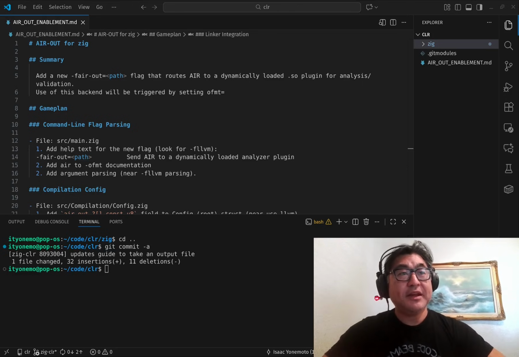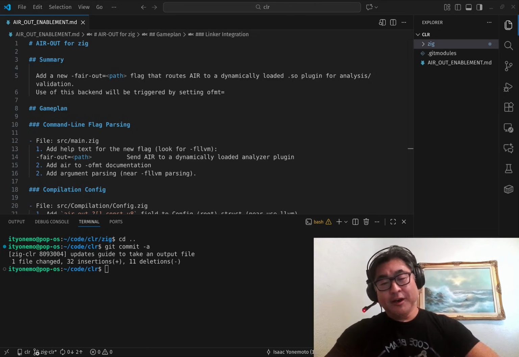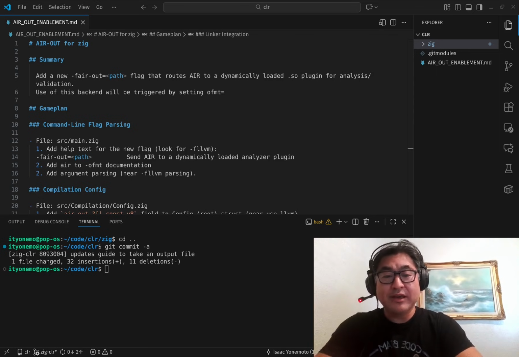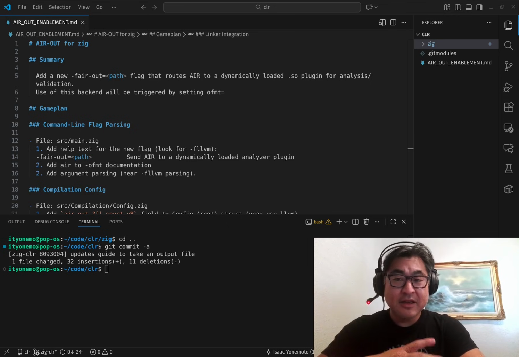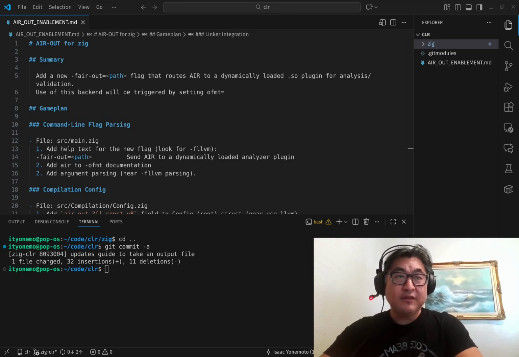Welcome to update 0 of Zig-CLR project. So this update is going to be a little bit different from the other updates that I'm planning to do, in that what I'm mostly going to be doing is walking through actually writing some code. It's going to be update 0 because what I'm doing is basically setting up a prerequisite for the Zig-CLR